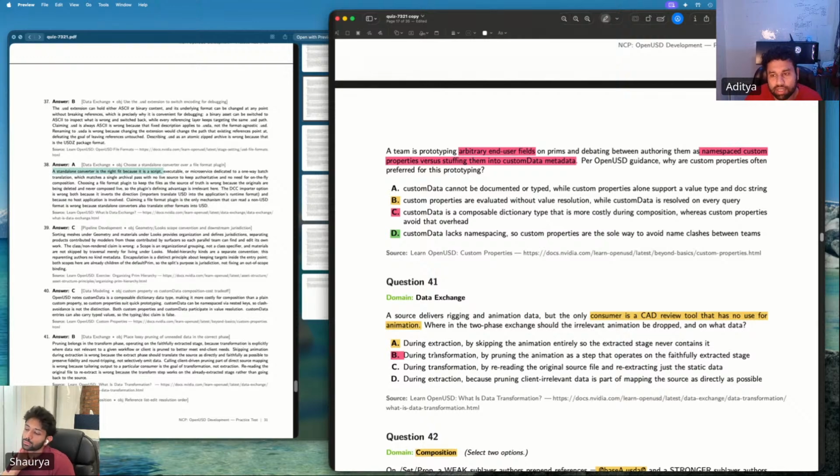And it says a source delivers rigging and animation data. So the source is already delivering the rigging and animation data. But the only consumer is